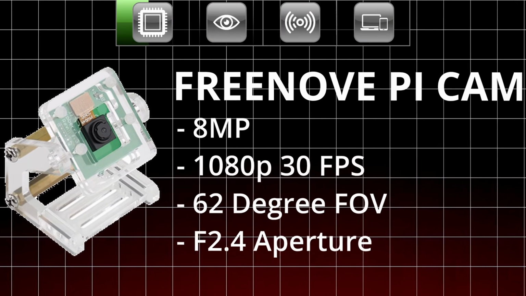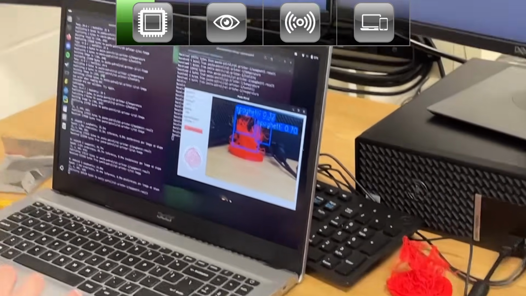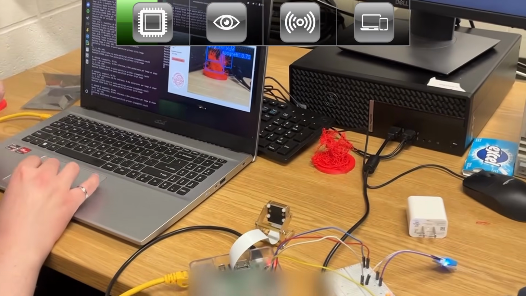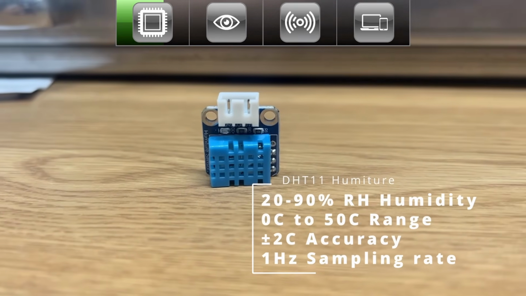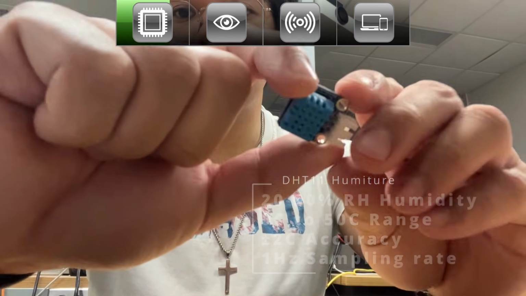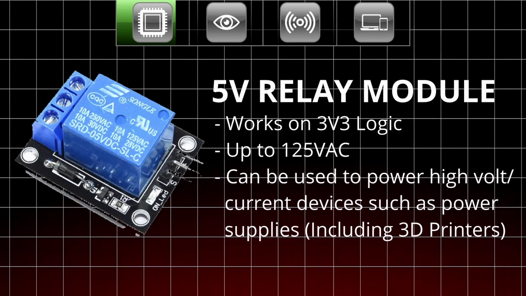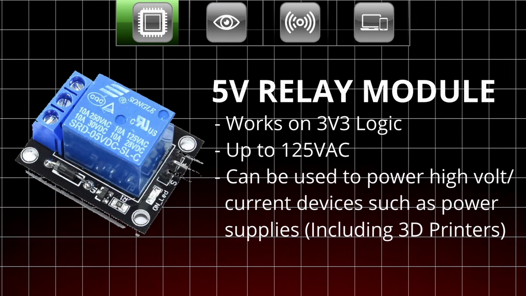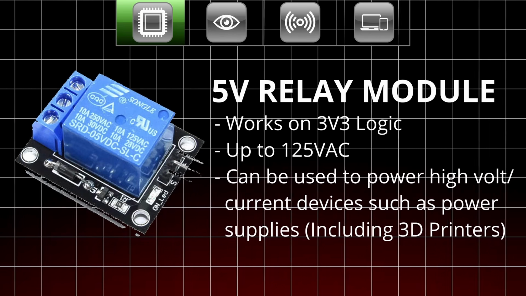For our camera, we used a FreeNav Pi camera, a high-quality camera that is great for detecting 3D printing defects in real time. For our humiture sensor, we also used a DHT11 sensor to check if the room is too warm or too hot, and also for checking moisture. And lastly, we used a 5-volt relay module, an electromagnetic switch that allows our Raspberry Pi to control high